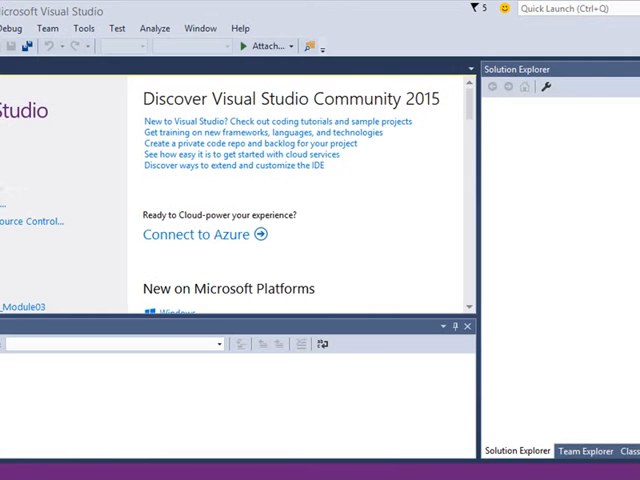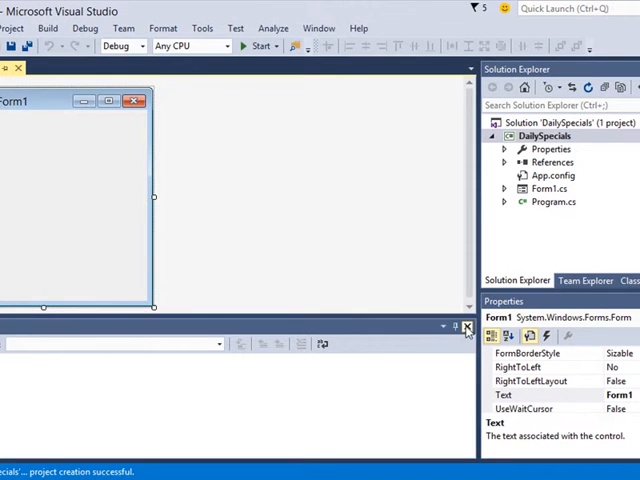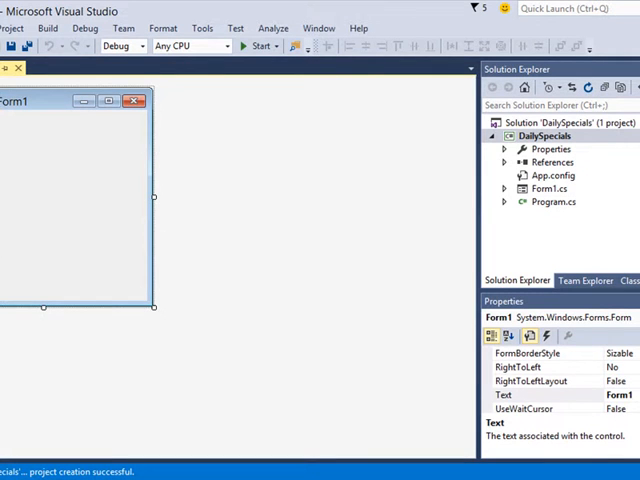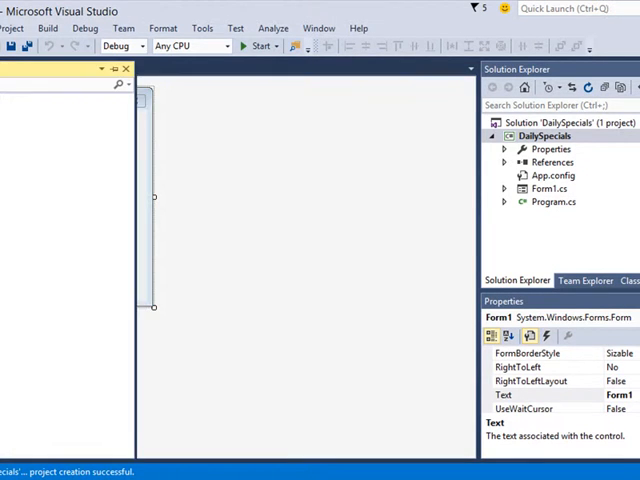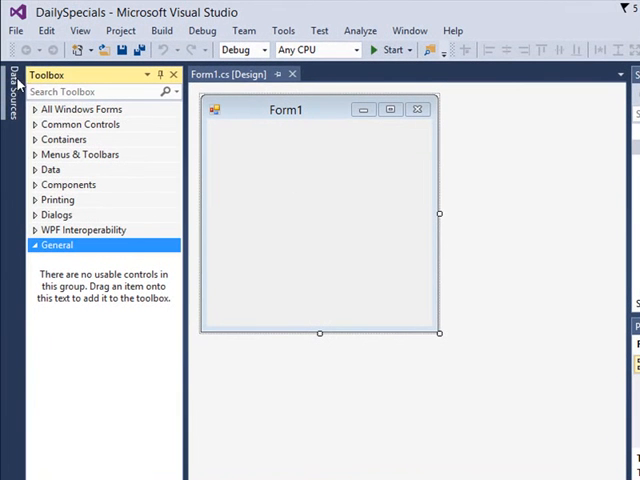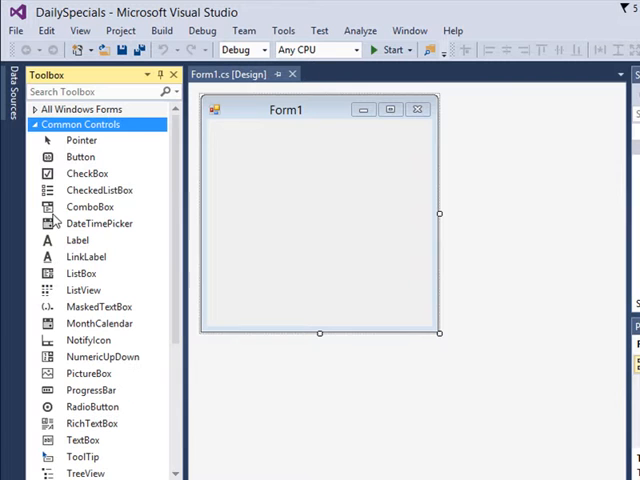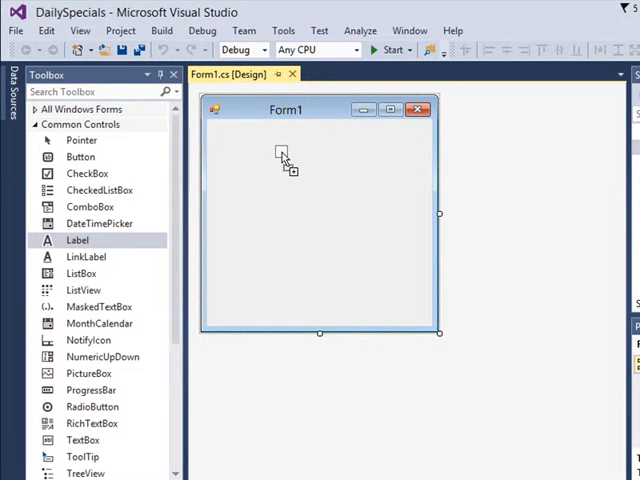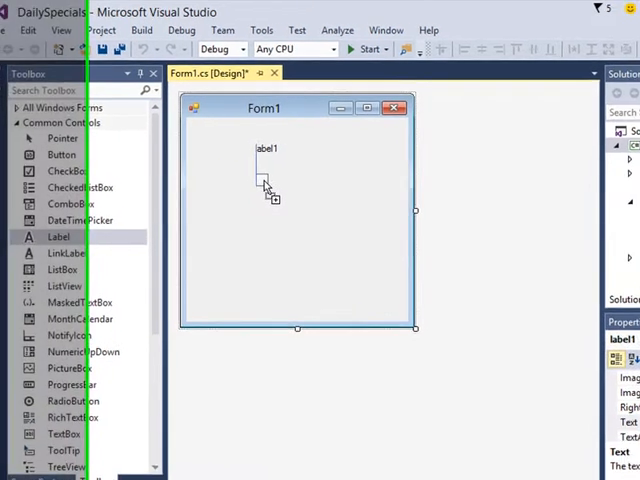Okay. Created my form. Go to my toolbox. Pin down my toolbox. Open my common controls. And let's see, I'm going to need some labels. So let's put out 1, 2,